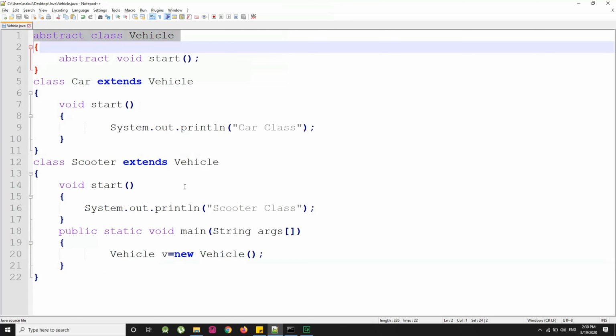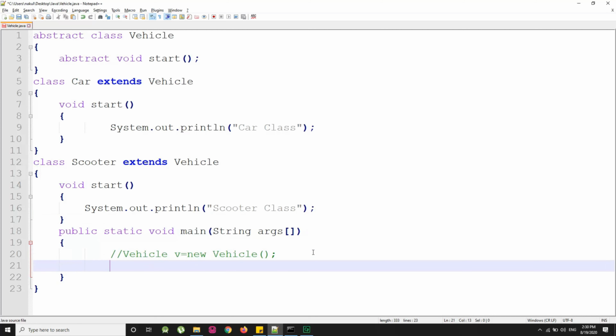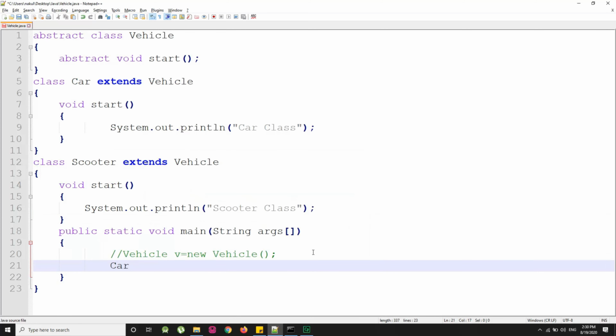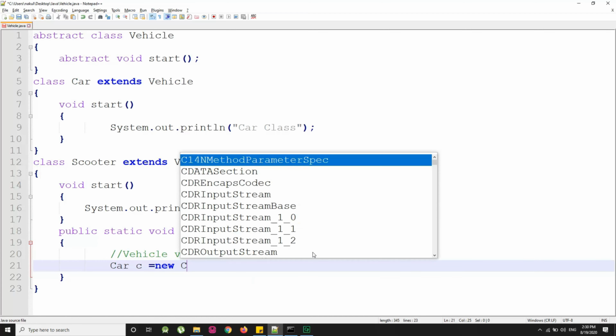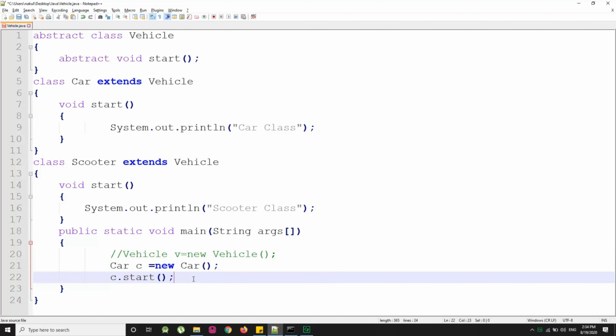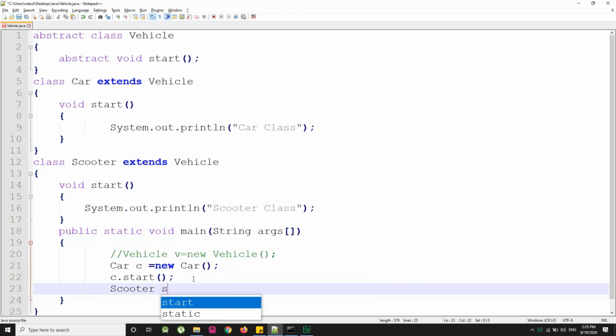Now I am going to put this line in the comment section. Now I am going to declare an object of the simple class, that is the Car class. So Car c equals new Car with brackets open and close, and then c.start. In the same way I am going to declare an object of the Scooter class by Scooter s equals new Scooter, brackets open and close, and then s.start.